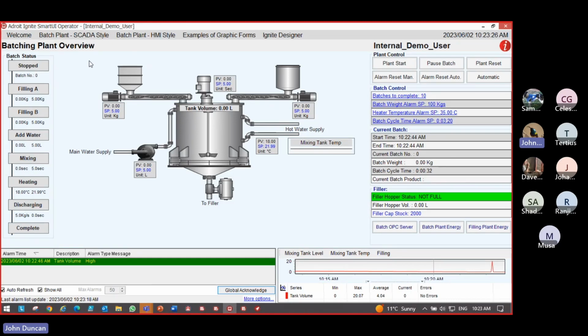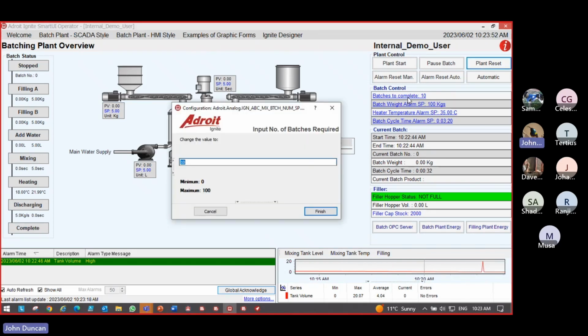On the left hand side, we have our tank with various feeders in the middle, and on the right hand side we have our control panels and monitoring panels showing you the status of what's happening on the plant. Very easy to set up. We do a plant reset just to bring everything back to its starting position. How many batches we want to complete. In our case, we're going to be doing this for a while. Let me put in 50 batches,